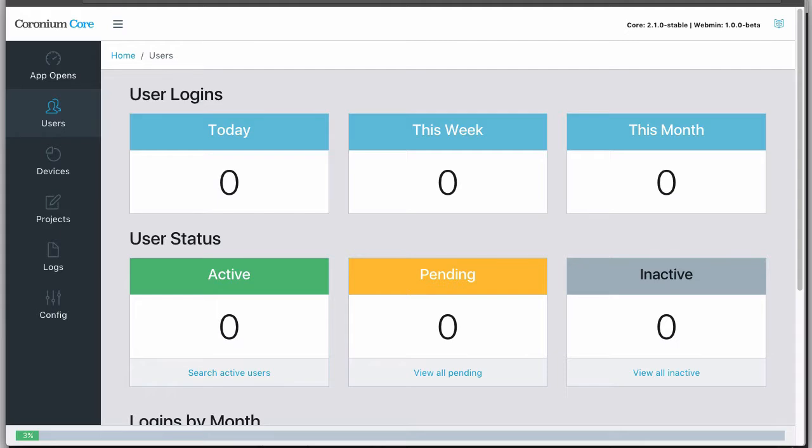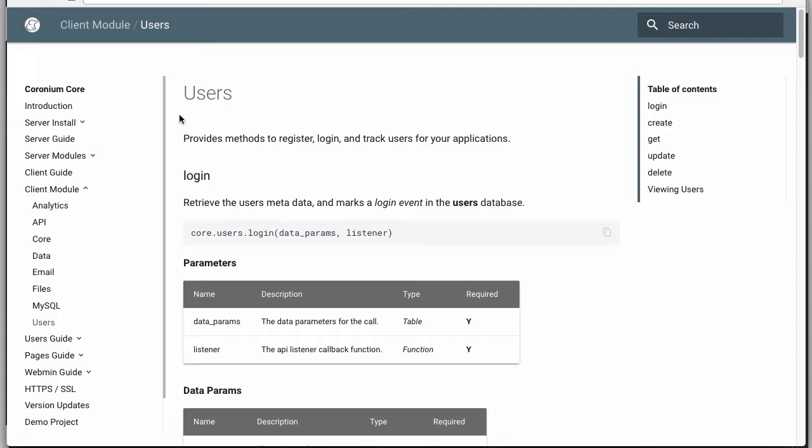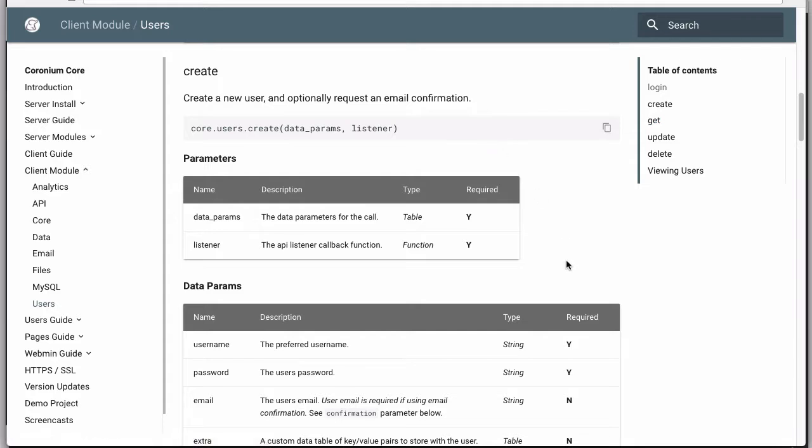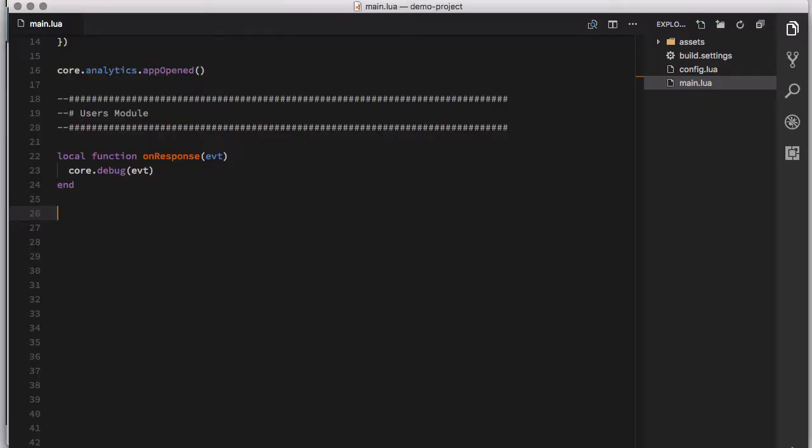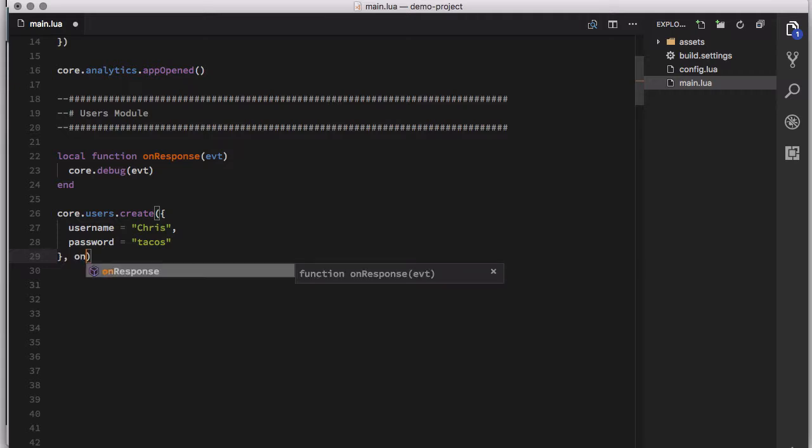One of the first things you want to do is create a user, and to do that we use the create method, and there are various parameters that we can pass. The bare minimum we need is a username and a password, so we'll go ahead and create a user using just a username and a password. core.users.create is how we do that, and we want to give it a username, which in this case will be Chris, and then a password, and we'll just call that tacos. We also need our response method,